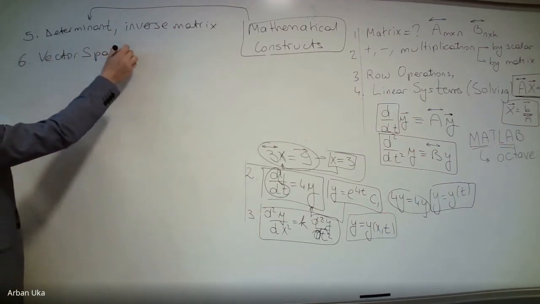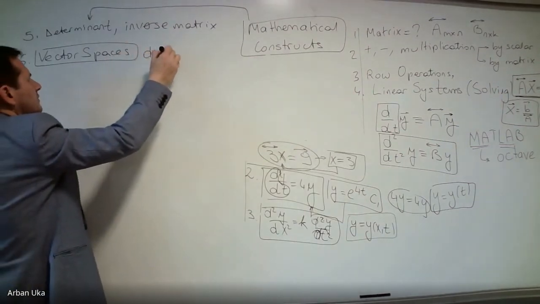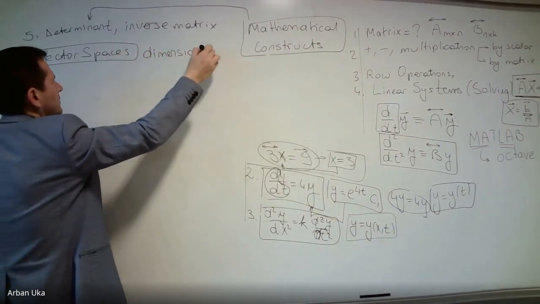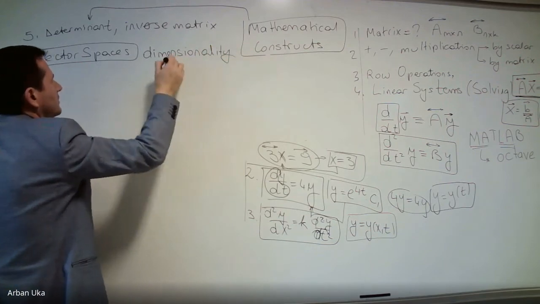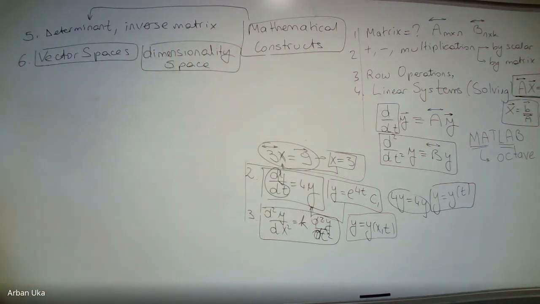Vector spaces is a very important concept because it gives you a full understanding of vectors in a space, or even considering the dimensionality of a space. Dimensionality of space, and this is where the most tricky and the most important beauty of linear algebra